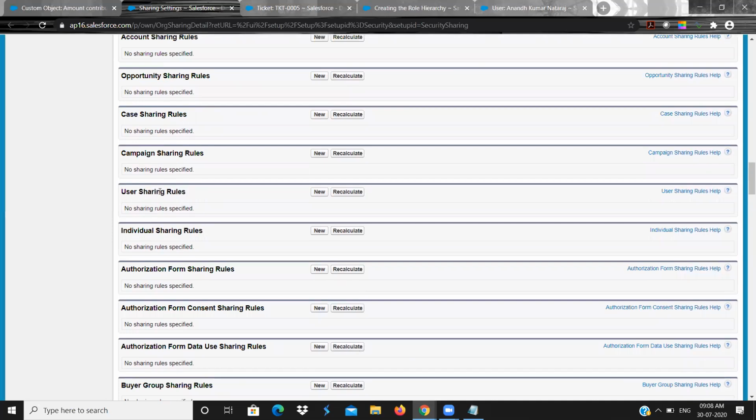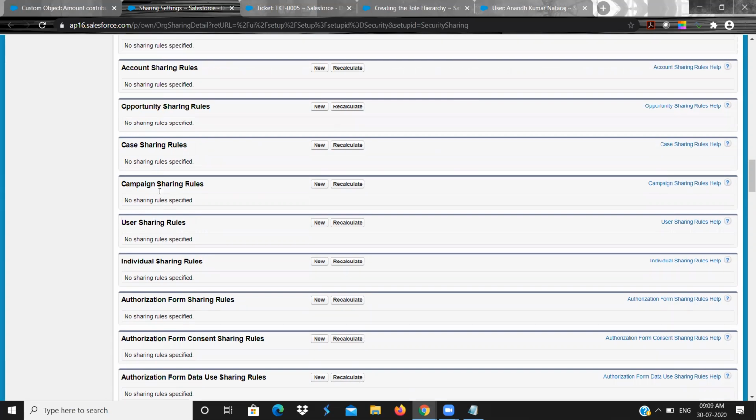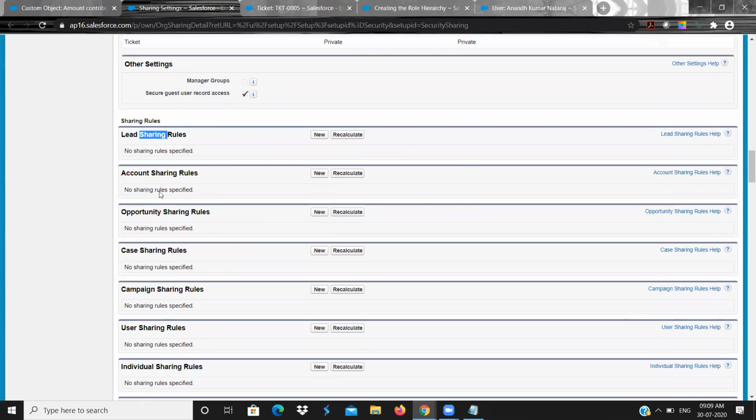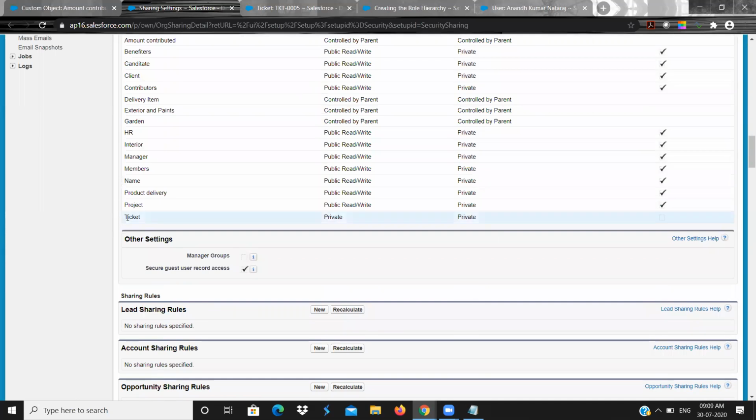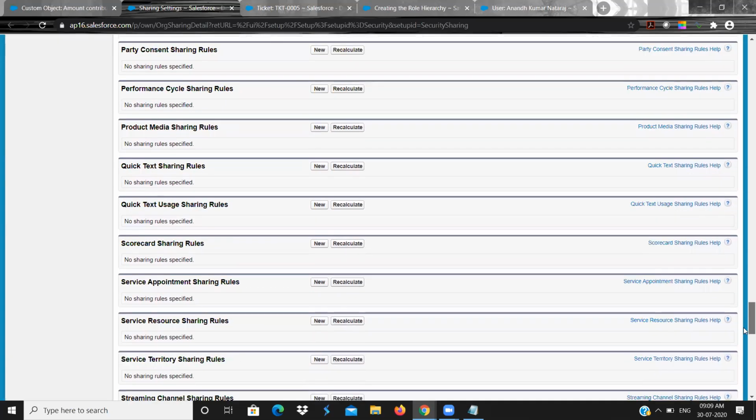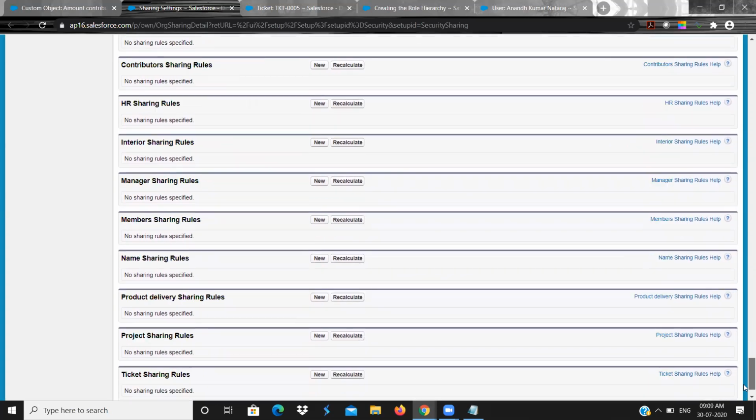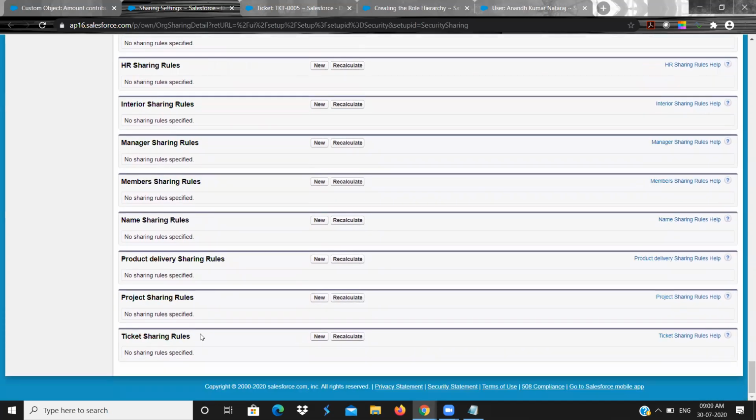For each and every object you will be having it. Right now we are working on ticket object, so let me go to the ticket object sharing area. Ticket object sharing. Click on new.